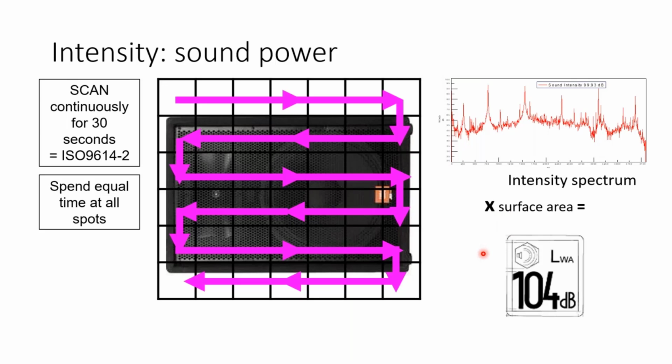Now, sometimes you need to measure all sides of the test article, whatever you're testing, because you don't know exactly where the sound is emanating from. In that case, you would need to do measurements on all the sides. But in this case, we're pretty confident that the sound is directed outwards because it's a speaker. So this would be an easy way to measure sound power.